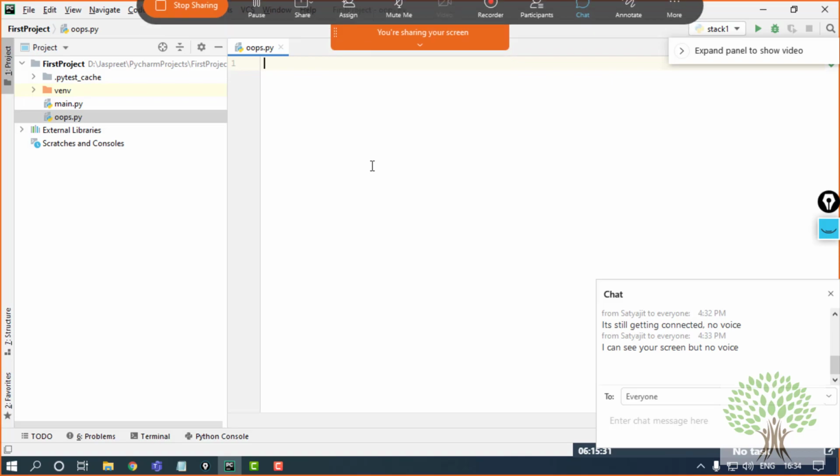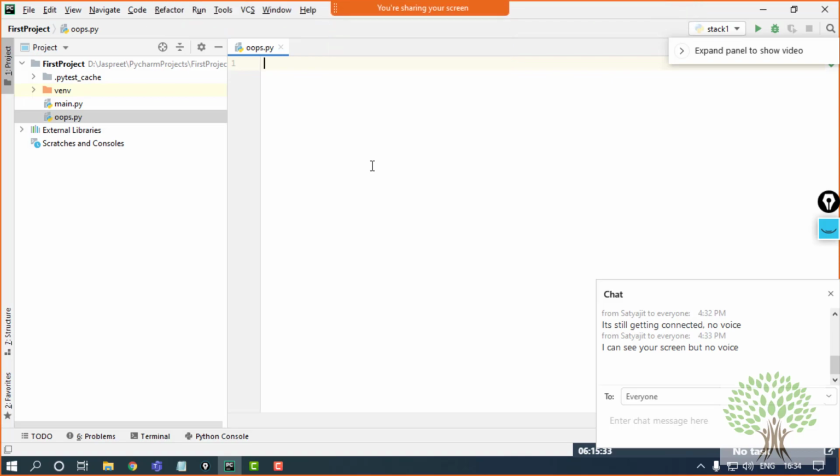Now to create a function in Python is very easy because you just need to use a keyword def followed by the name of the function that you want to give. Like for example, I want to give the name of my function as demo1 for suppose. And at the end I have to complete it with the colon. Fine.